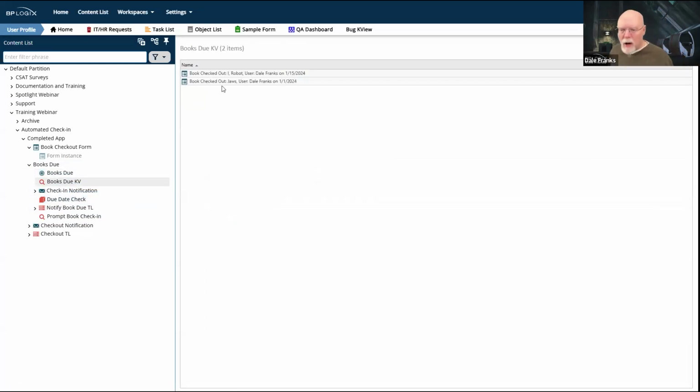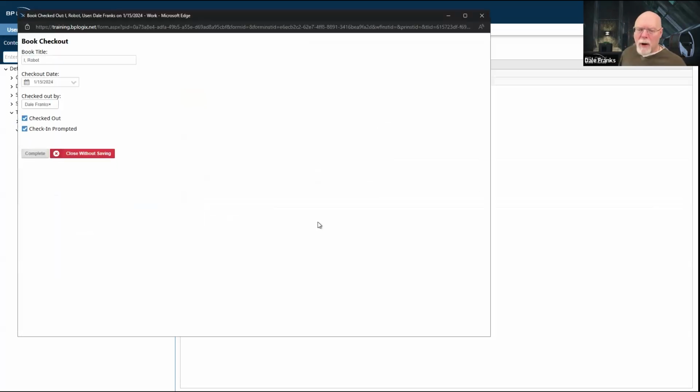And if I want to see what's going on with these books, I mean, they are due, what is happening? And I open one up. Okay, it's still checked out. However, the check-in process has been started. And so the user has been told that they have to check these books in. Now I can go and write a personal note or pick up the phone and call the user or text them or whatever and say, hey, when are you going to get that book checked in, if I wanted to add a little extra fuel to that fire.